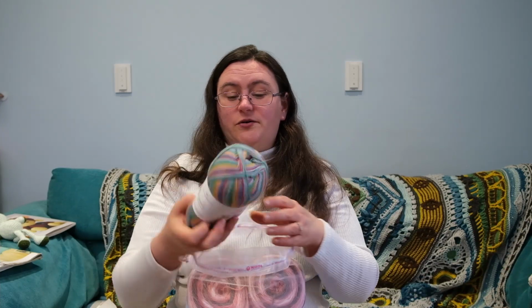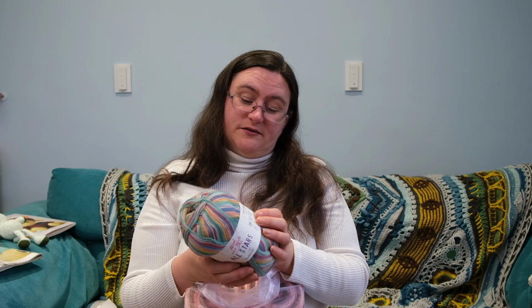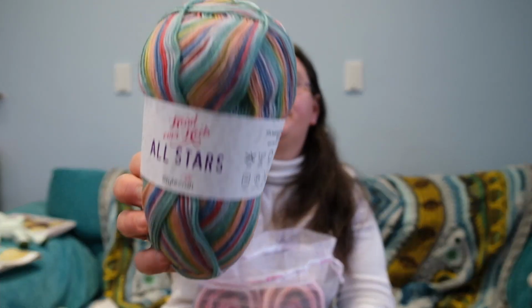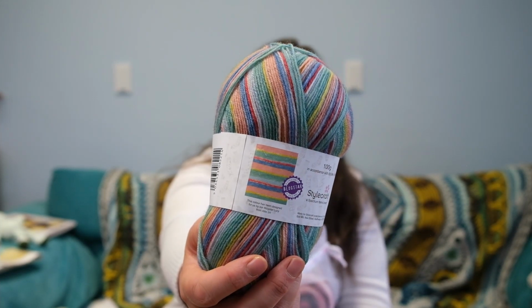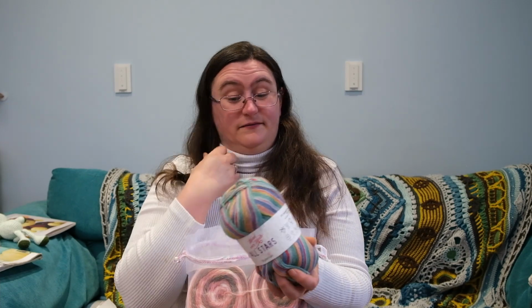And I also got, which colour is this one? Red Pots. This is Red Pots. And that's how that knits, which is really, really good. And this is usually about...